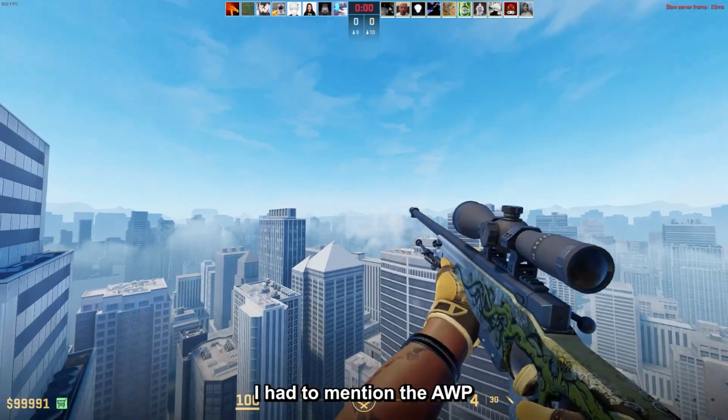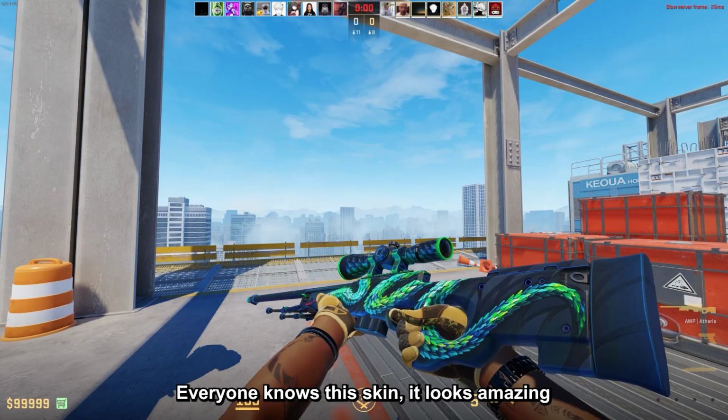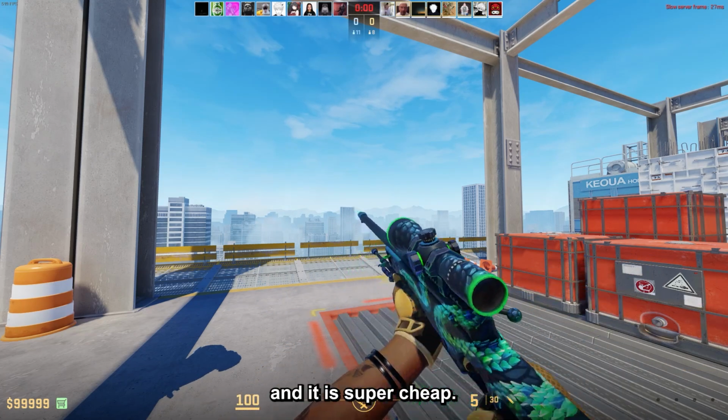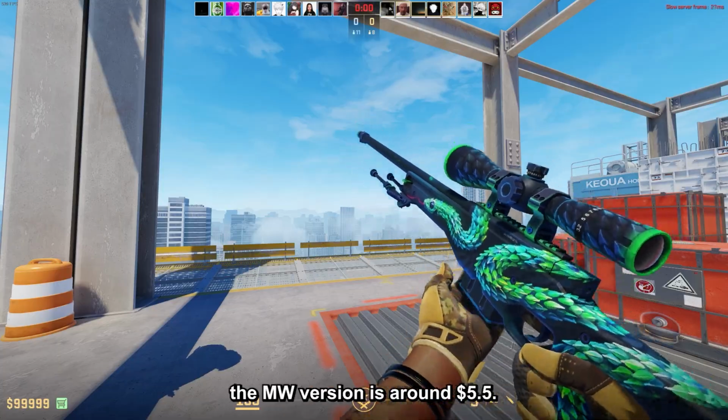And obviously I had to mention the AWP Asiimov, which has to be in a video like this. Everyone knows the skin, it looks amazing and it is super cheap. The only downside is that there's so many people using it, but if you like it the minimum wear version is around